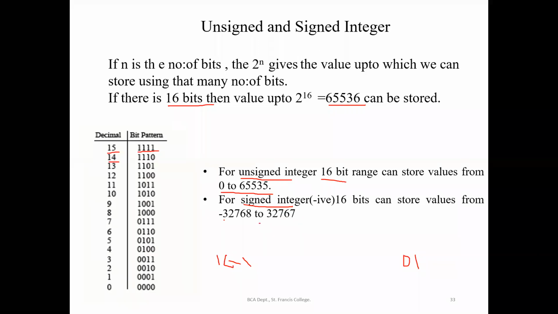When we move from negative values to positive values, in the middle we will encounter 0 also, right? It goes minus 32,768, minus 32,767, like that. So one bit will be reserved for the sign also. That's why it came up to 67. So we will be able to store values from minus 32,000 to plus 32,000. Understood? This is only for understanding.